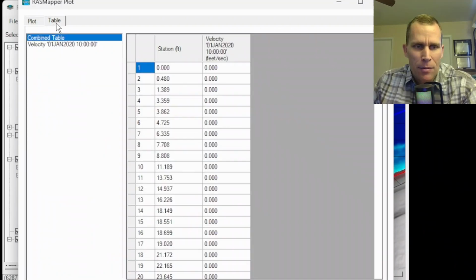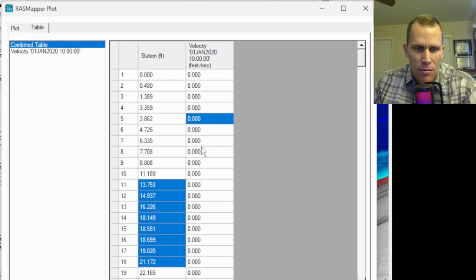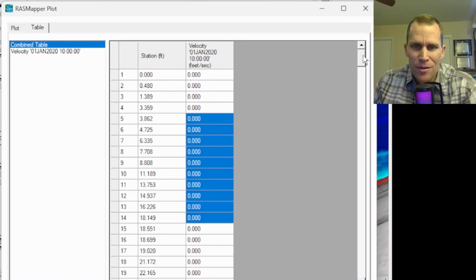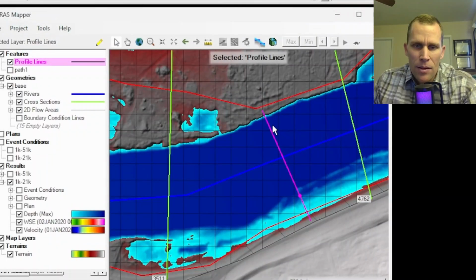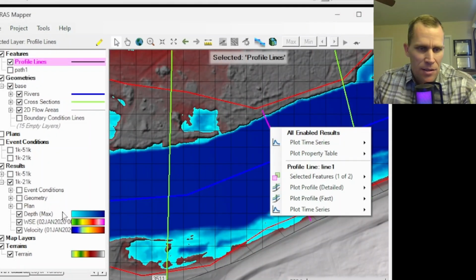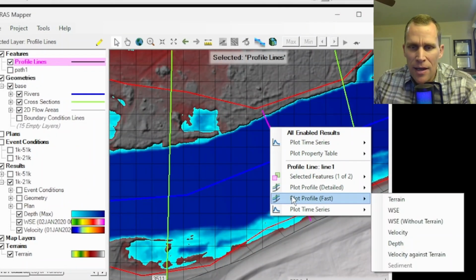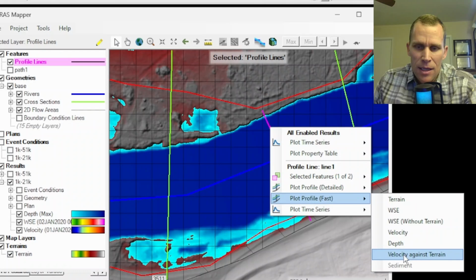And then we have table data. So this is the stationing. I don't know why you need all these points if the value is zero, but then further along we have the velocity right there. All right. The other options here for the profile line, like I said, would be any of the values that I already have layers for, data beneath that line. So terrain, water surface elevation, velocity, depth,